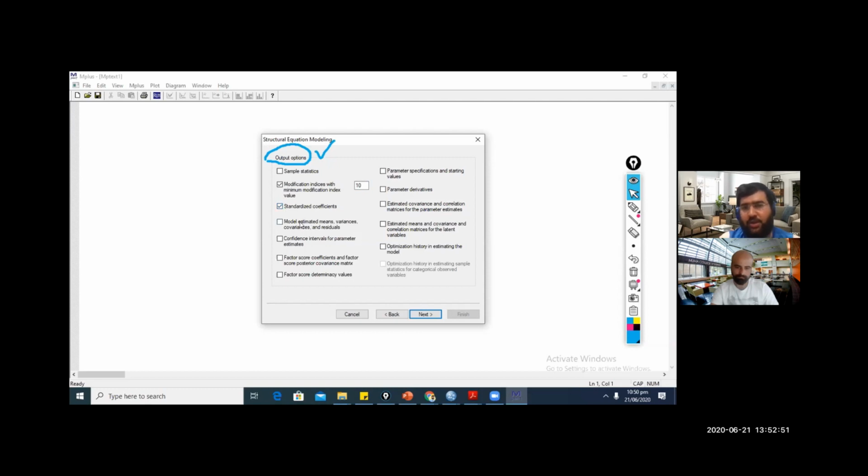I don't need to click the model estimated mean, variance, covariance, and residual, but this is your choice. If you click this, the software will provide the output regarding your command. I can click this option, estimate covariance or correlation matrices, estimate variance and covariance correlation matrices for the latent variable. I need to check the correlation between and among the latent variables. These are the output commands. The software will automatically apply these commands according to my checklist. I have provided the information in my checklist. Then